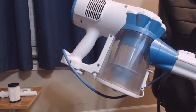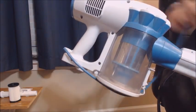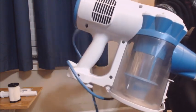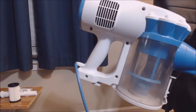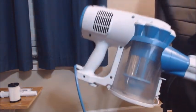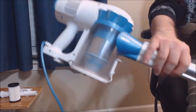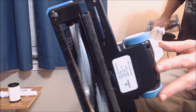You know, with this being a corded vacuum, again, it's not quite as convenient as the cordless version. They also make a cordless version, not quite as convenient, but still it's more powerful than typical cordless vacuums too. So the one issue that I wish they would improve a little bit with this vacuum is my concern,